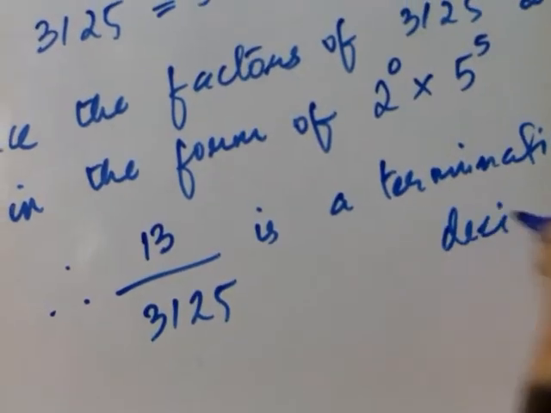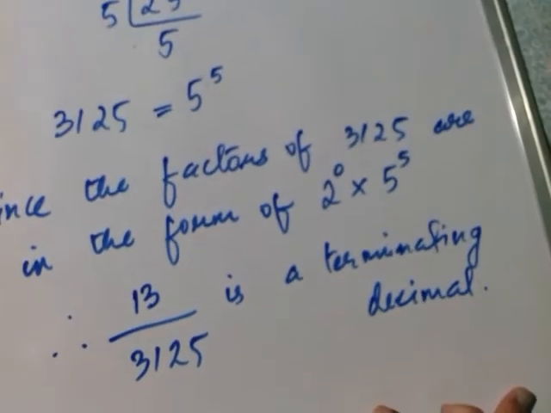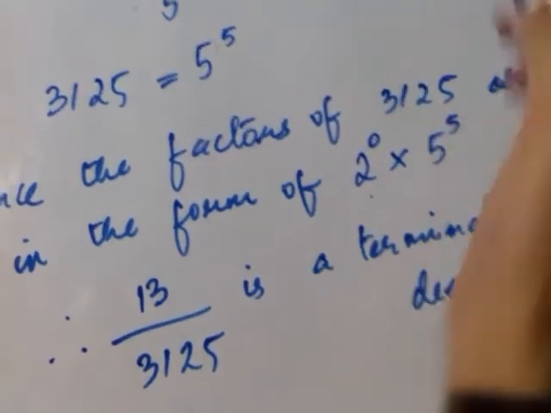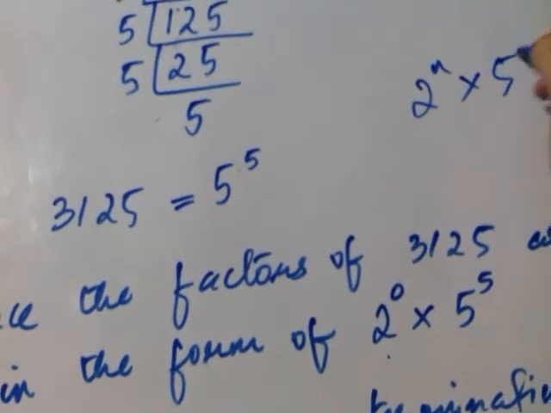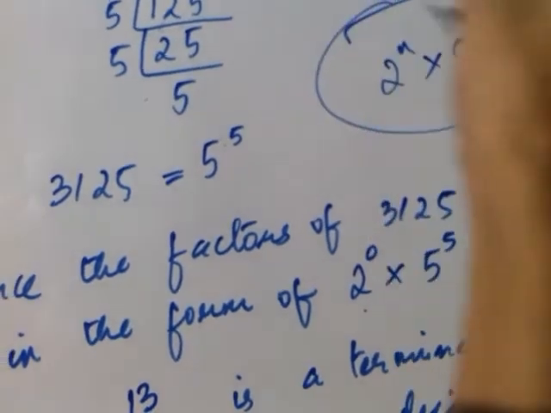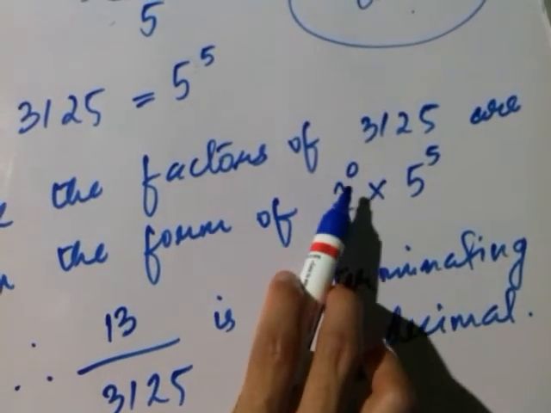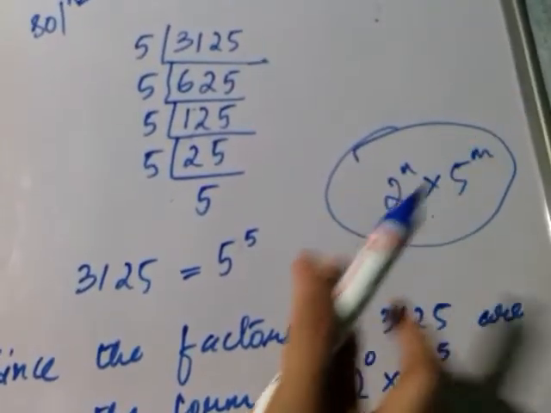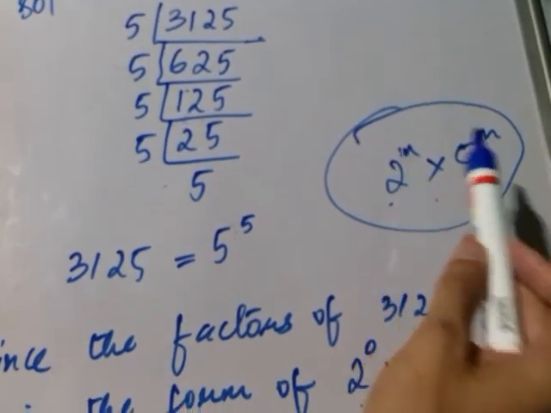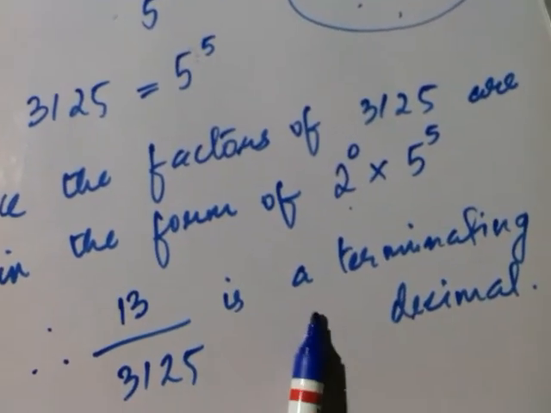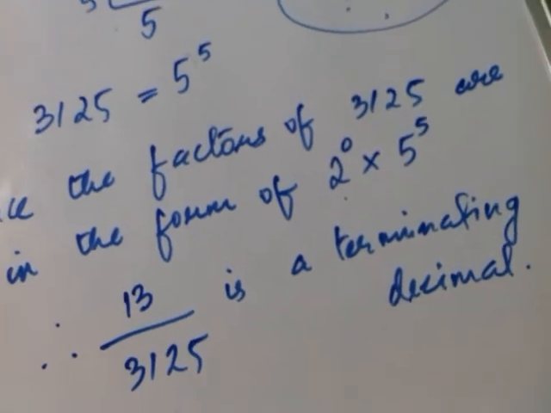So how will you find out terminating or non-terminating decimal? If it is in the form of 2 to the power n into 5 to the power m, then it is a terminating decimal. If it is not in the form of 2 to the power n into 5 to the power m, then it won't be terminating. It will be a non-terminating decimal expansion. So this is question number